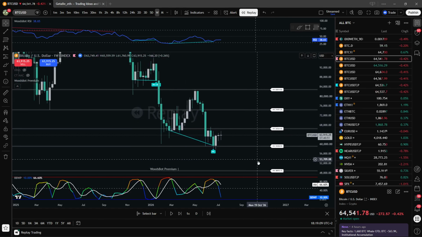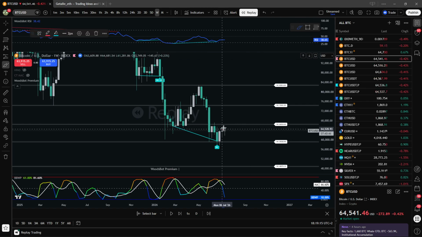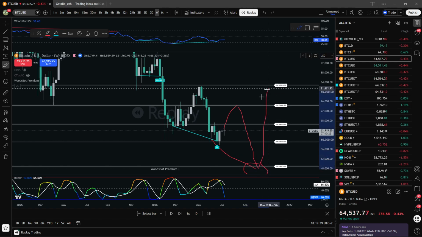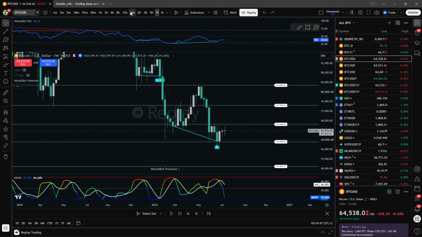But I do think this is a good bounce with the weekly bullish RSI that can lead Bitcoin towards 74k. I think Bitcoin can definitely go to 74k and then reject from there, and then maybe come back down to 50k and have a triple bullish divergence. This is where the bottom potentially could be. Then you have triple bullish divergence, then it's good to go. That's my logic for now. Anyways,